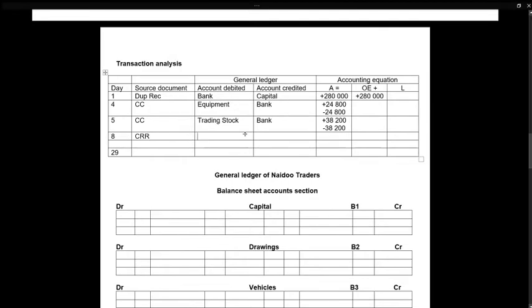Right, so my bank will increase because I am selling products, and bank is classified as an asset. Therefore, my asset will increase with the amount of my sales, 24,000 Rand. Why did my bank increase? Because I had sales, and sales is classified as income, and income will always have a positive influence on owner's